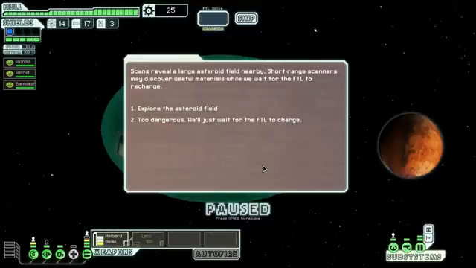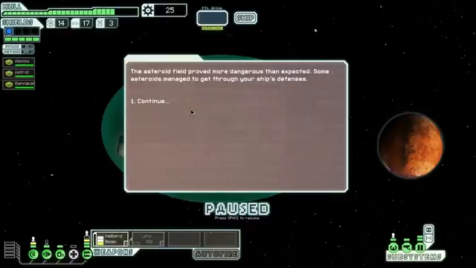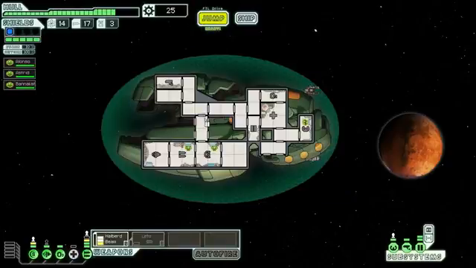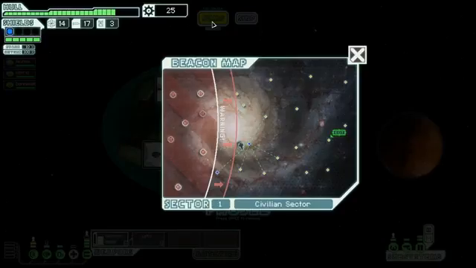Alright, scans reveal a large asteroid field nearby. Short-range scanners may discover useful materials while we wait for the FTL to recharge. Sure, let's explore the asteroid field. The asteroid field proved more dangerous than expected. Some asteroids managed to get through our ship's defenses. I don't know how, but apparently it got through our really awesome shield, and we didn't really find anything out in the vast oasis of space. Alright, well,